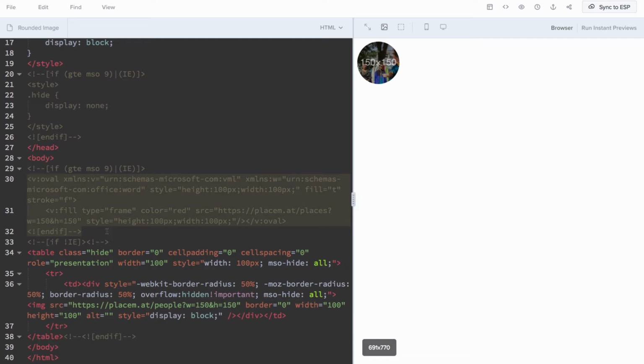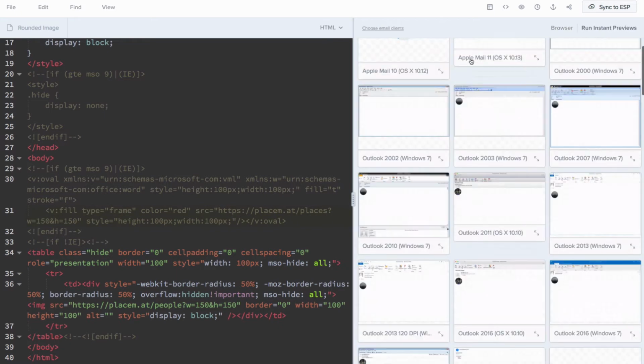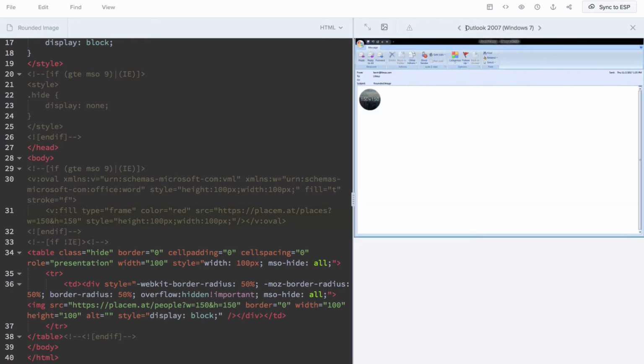So in this case, there's a V-oval element that you can use in there that allows you to set some styles, then have the V-fill type set to frame, and then you can use the source for your image. So it's creating this rounded image specifically in VML. And then you have all of your other emails seeing that typical div or an image tag that has that border radius applied. So you are going to want to hide your default image that all other email clients